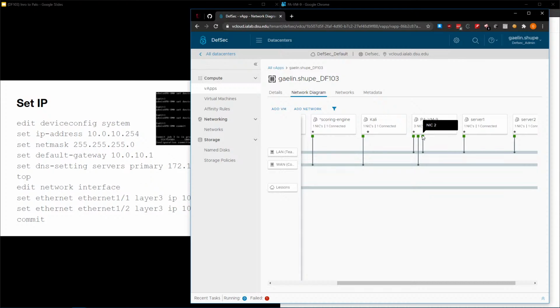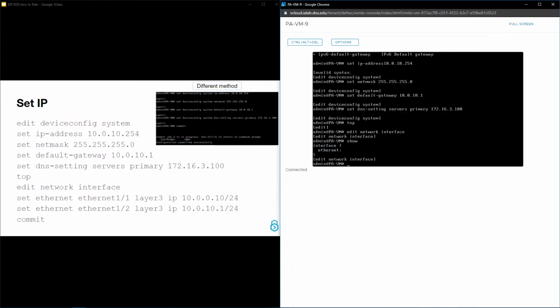They're plugged in, but they aren't configured. The interfaces start from the second interface. So the first one's the management interface. The second interface is Ethernet 1/1. And then the third is Ethernet 1/2. So like if this one's ID 0, then this one's ID 1. Kind of makes sense. So we can do set Ethernet